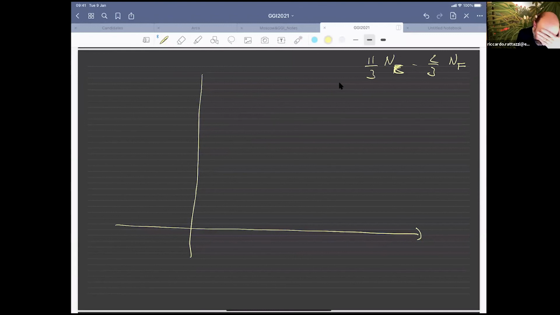And close to the point where, okay, for N flavor less than, I believe, 11 halves N color, and bigger than some number times N color, but less than that. What happens is that